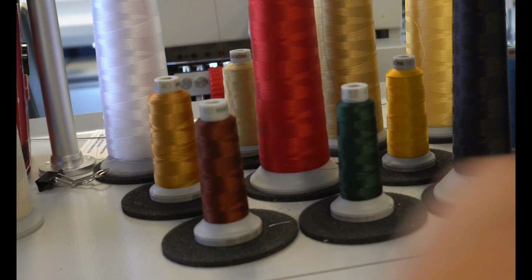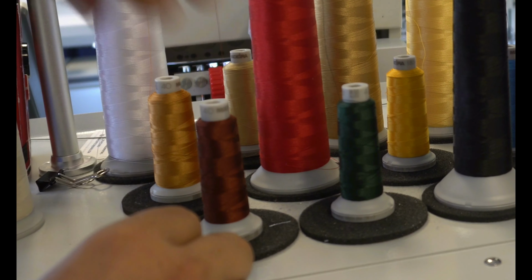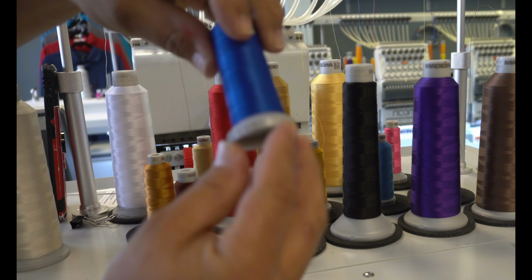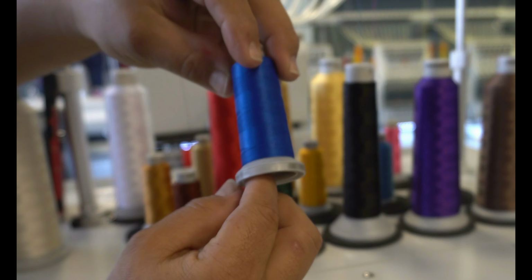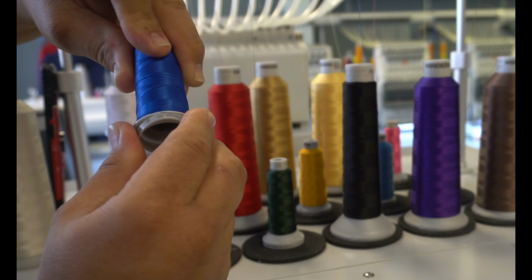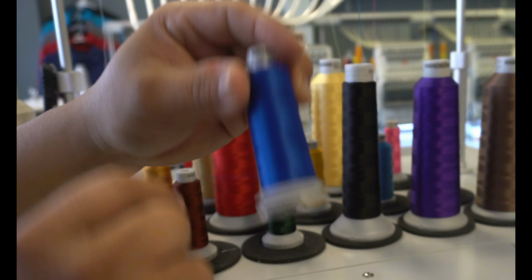That's what it looks like. Again, get rid of it if you don't want to use it. Another thing, I'm not too sure if you're familiar with this, if you're just starting off, whenever you get thread, this is what it looks like. On the bottom of this, there's a lip down here. See that lip? With that lip, what it's there for is, so after you